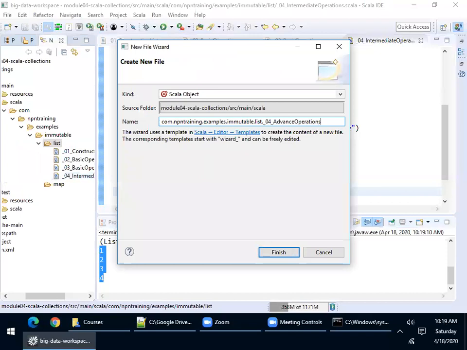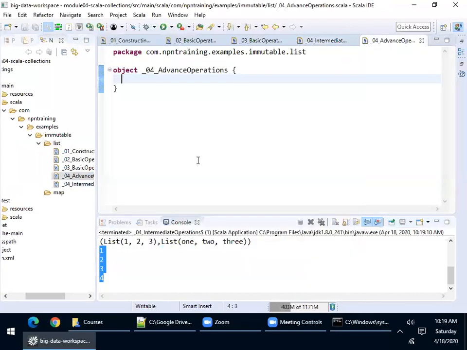This is very, very important. This is a very important topic, so focus on this topic. Why I'm telling you it is important is that Apache Spark uses Scala's collection API. That means if you are very good in Scala's collection API, you are good in Apache Spark, because the core of Apache Spark is RDDs. RDDs use the Scala collection API only. So if you are well versed with the Scala collection API, you are very good in your Spark core, that is RDDs. That is why you have to concentrate more on the collection API in Scala.